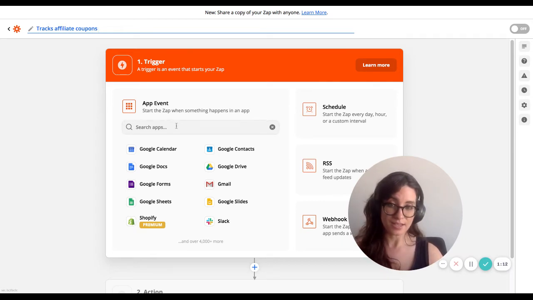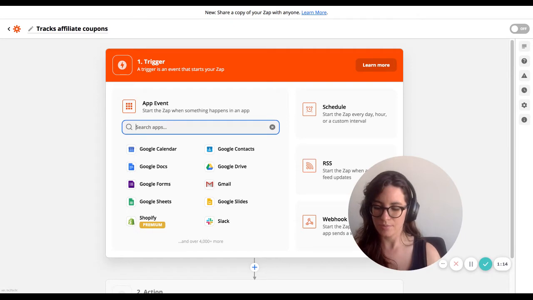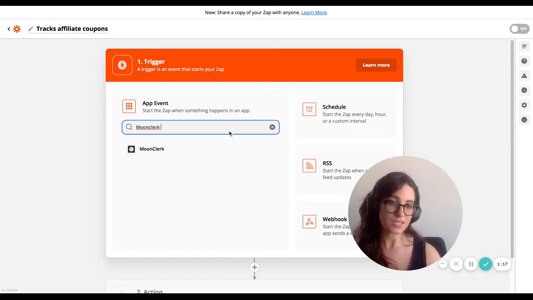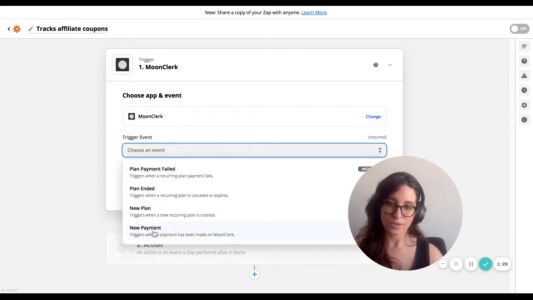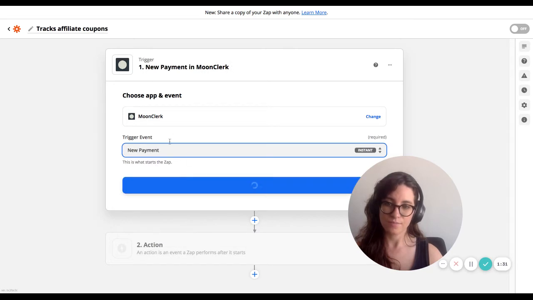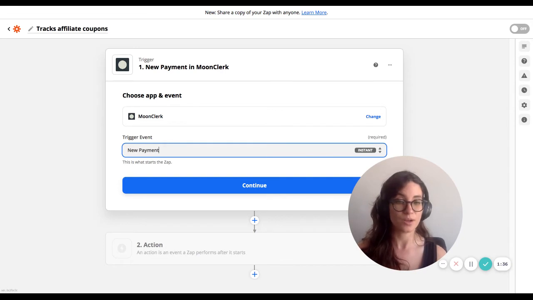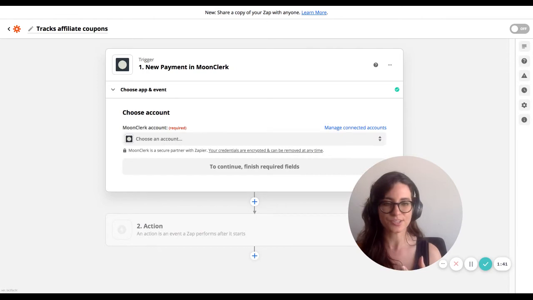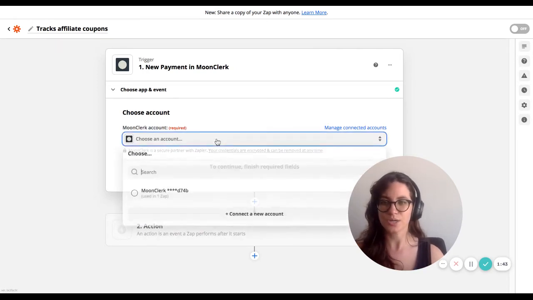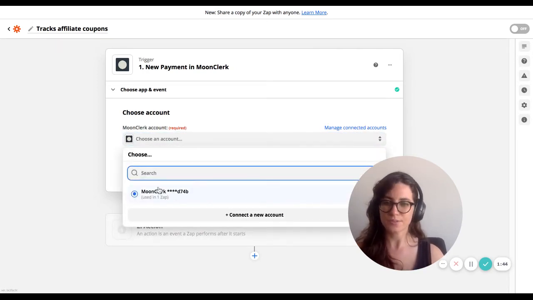For the purposes of this test, we will be using Moonclerk. Moonclerk is a SaaS platform that allows people to accept payments, and they do have coupon capabilities. And those coupon capabilities are basically what we're going to use in this test. So for the trigger event, we're going to choose new payment. So what this means is that if a new payment takes place in Moonclerk, I want the next step to happen. So the next steps are mostly preliminary checks, just to fetch information from Moonclerk, pick a Moonclerk account,